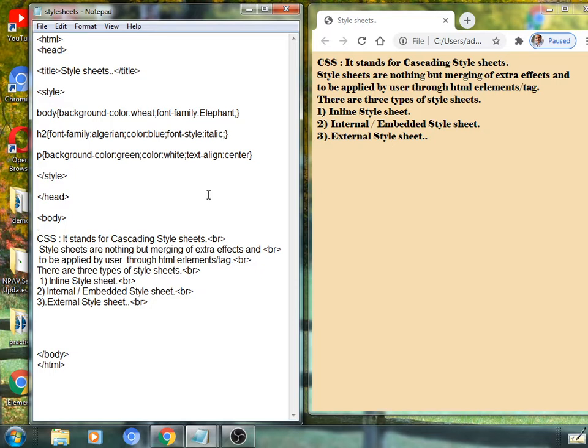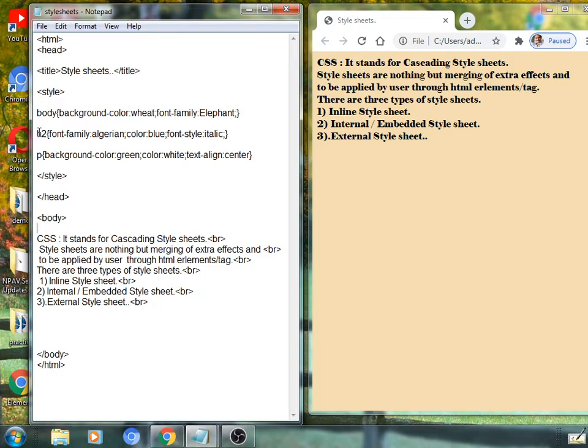So we have seen 3 more selectors with their properties: background color, font family, font color, font style, alignment, etc. So it is possible to apply such effects as a common or as a specific one.